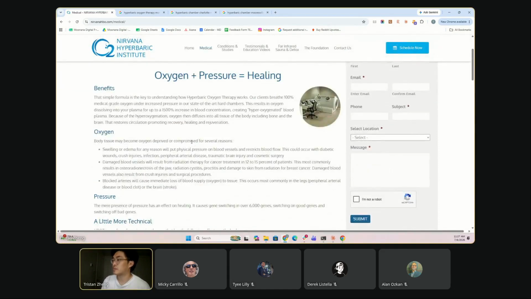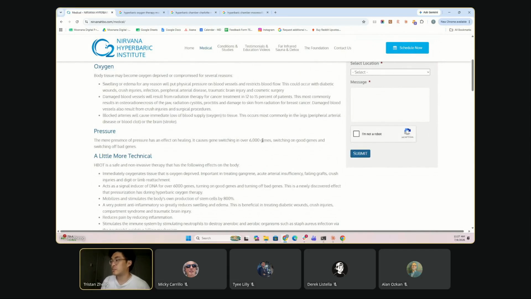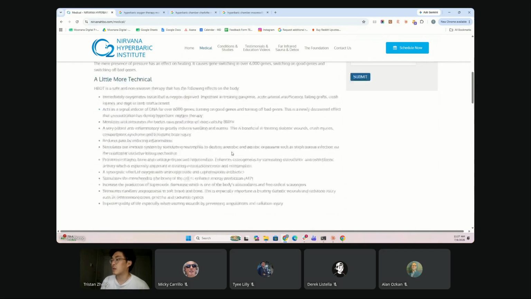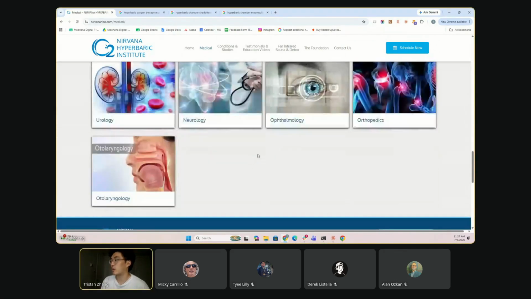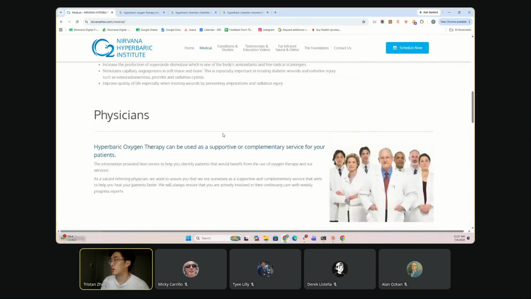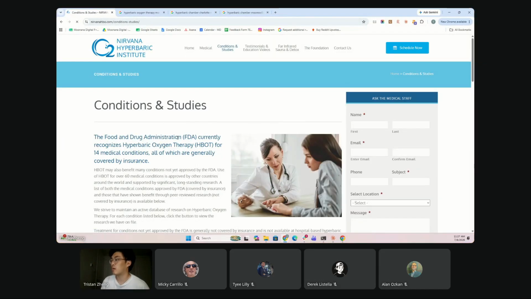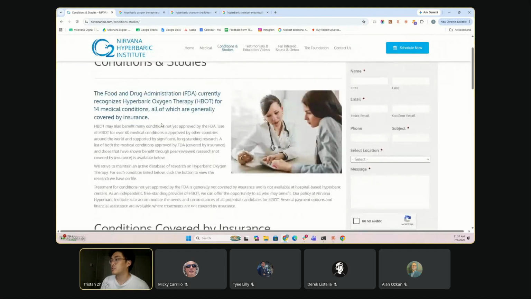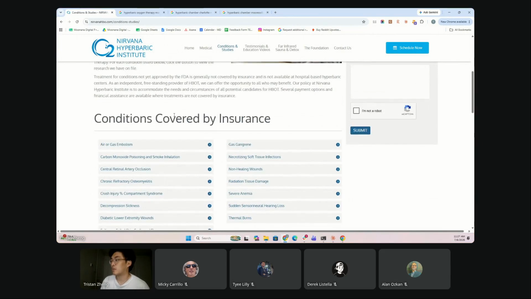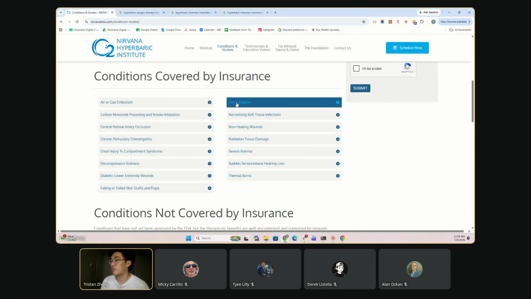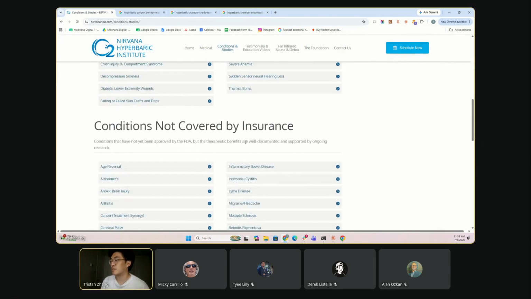And then position all of this content around how HBOT can be used in all of these different types of medical services. Here are all of the different professions that we offer this for. So that's one side. Then you also have to look at the conditions that people offer, right? So HBOT can handle these types of conditions by insurance, and then these you can't, right?